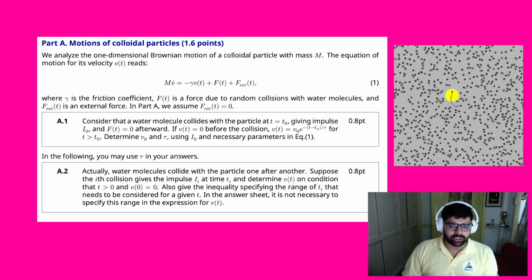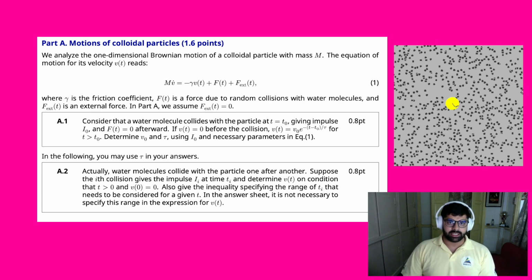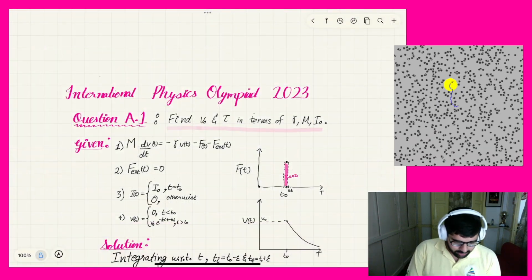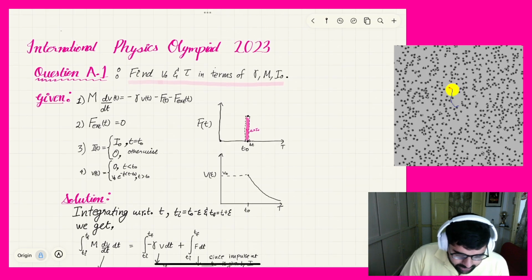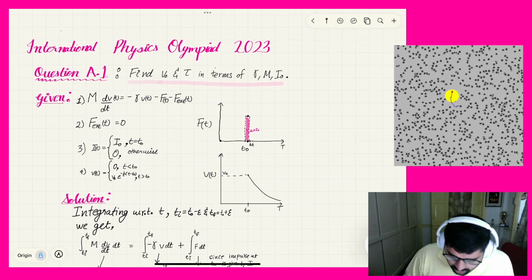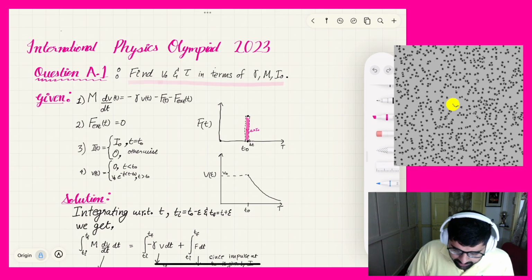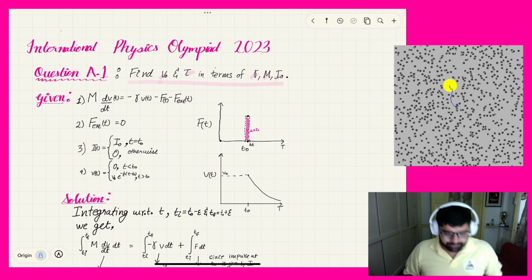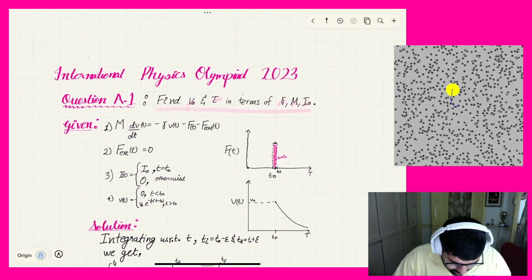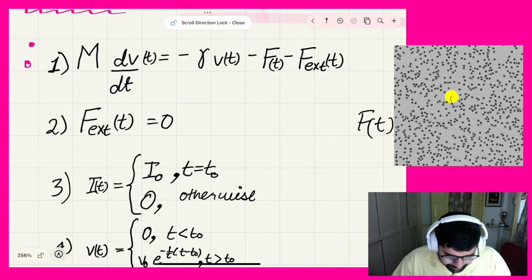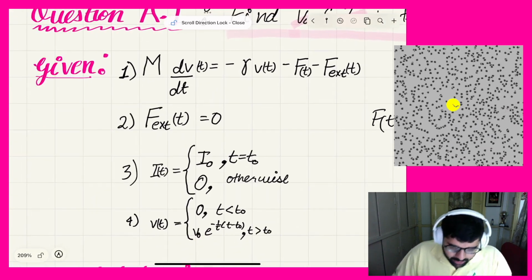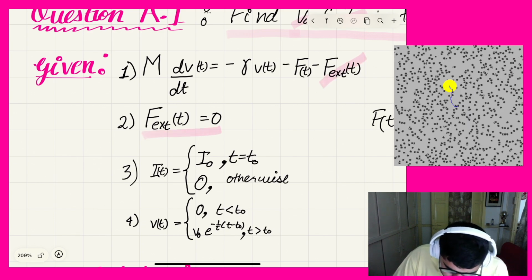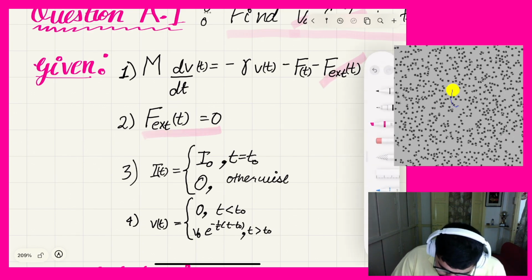Before attempting a solution, let's try to understand what the question is asking. This question asks to find v0 and tau in terms of gamma, m, and I0. We are given the following. m v dot is equal to minus gamma v plus f external, this is the equation of motion. F external is 0, so we can ignore this term. We know that